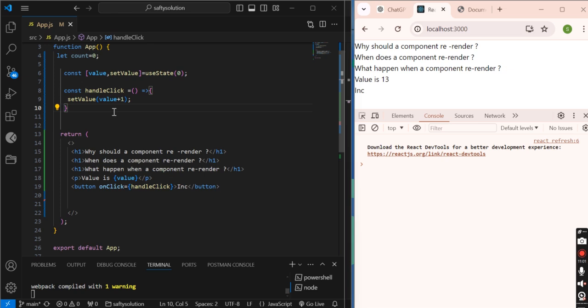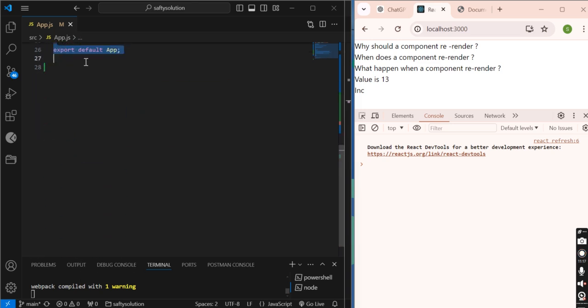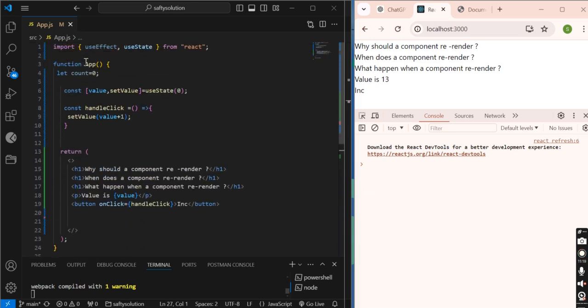We know that React does not prefer direct DOM manipulation, right? So when this component mounts, let us first comment this out, we don't need it right now.